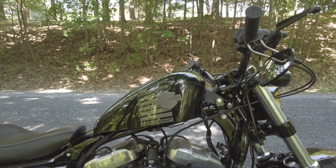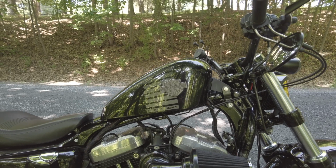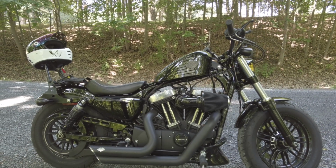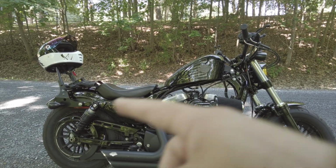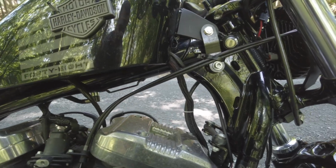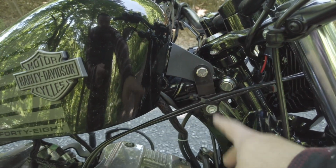I also did a tank lift and wire tuck. That's some pretty basic stuff. Really like how the bike is coming together. You're getting that nice profile, like right there. You get that nice clean line. You get that nice triangle, right? I could probably clean it up a little bit more, but I also did a tank lift here, about 2